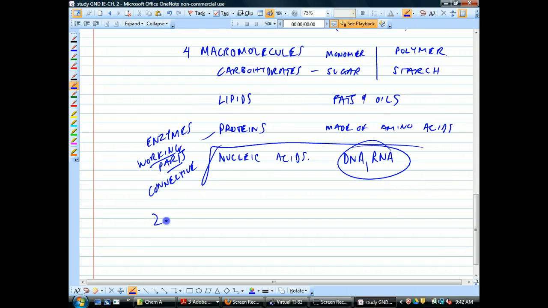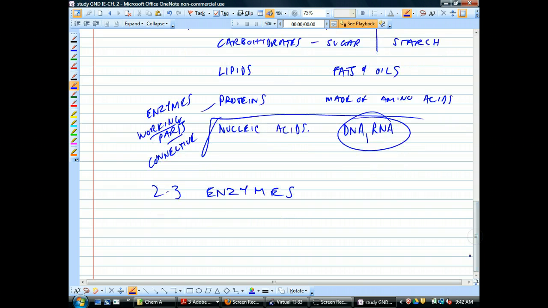And then section 3 was enzymes. That's what we just finished. I just want to say a couple things about enzymes that you should know. First of all, they're made of proteins. Second, they facilitate